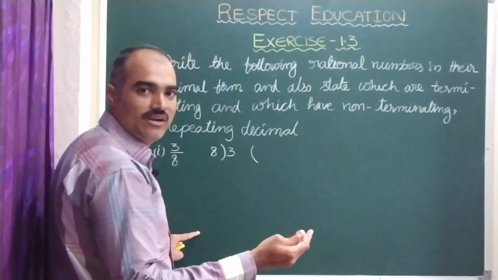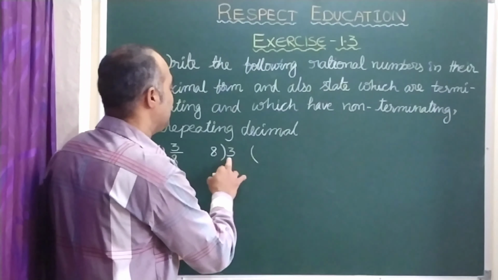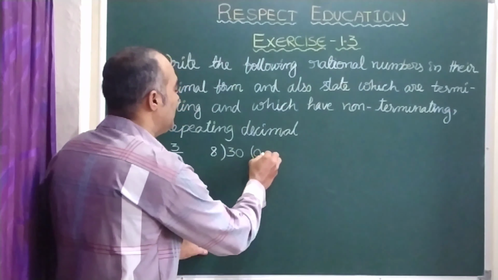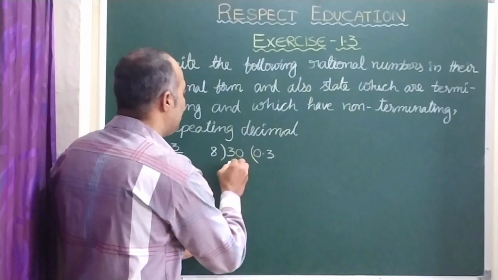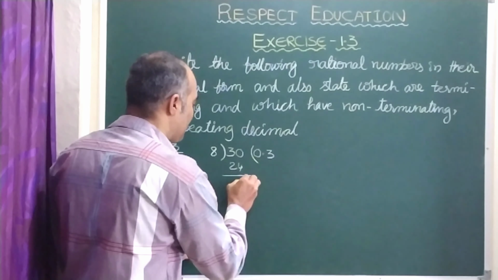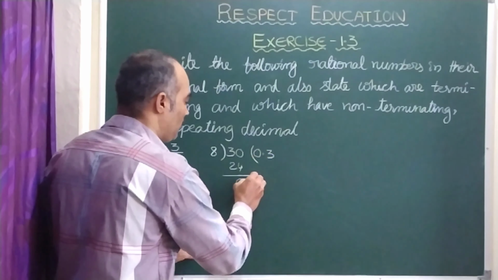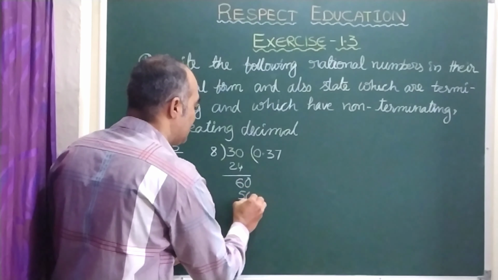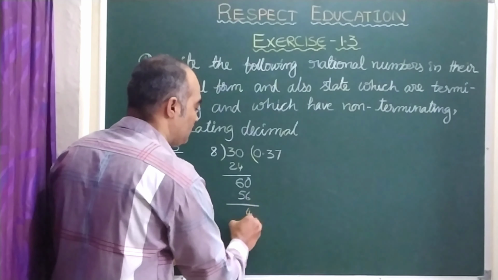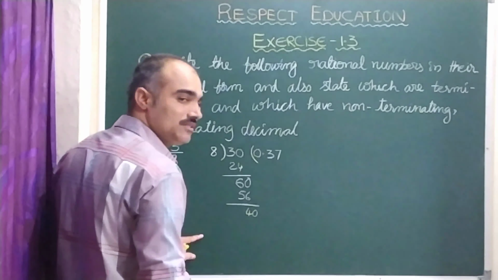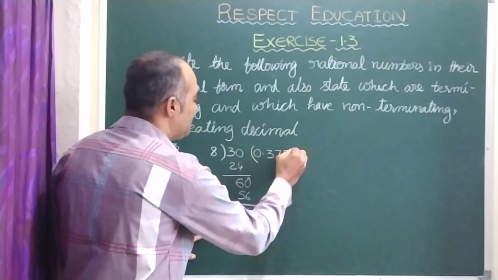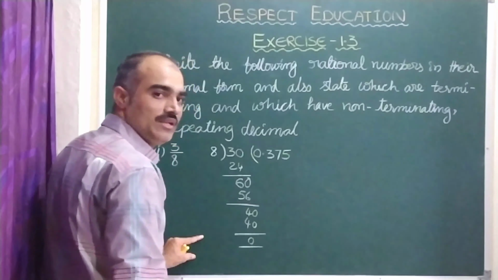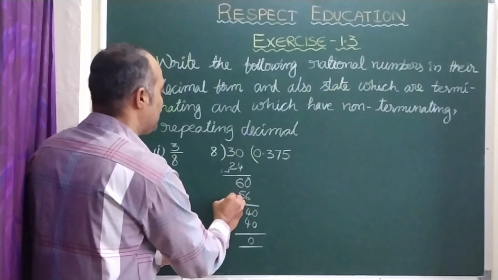As you know, children, you might have learnt in the lower class also, as 3 is smaller, here we should write 0 point, then 0 comes, it is 30. So here 8 3s are 24. When you subtract you get 6. Because of this point it will be 60, right? Here 8 7s are 56. Now 60 minus 56 is 4, because of this point 0 comes. So here 8 5s are 40. So 40 minus 40, 0. Simple, as you know, here we are doing the subtraction, that's all, children.